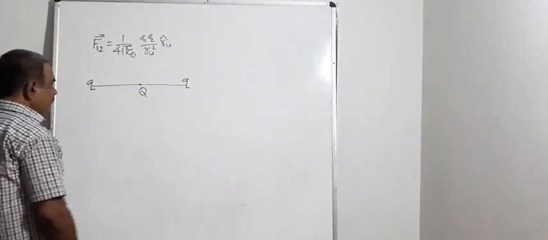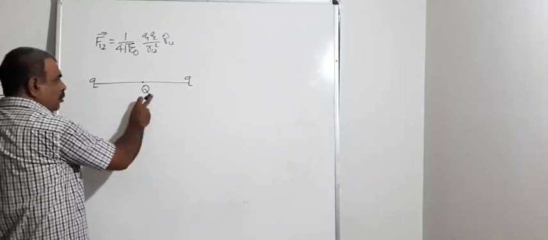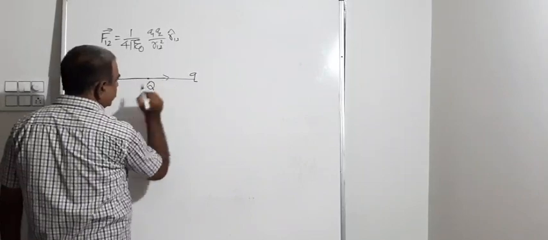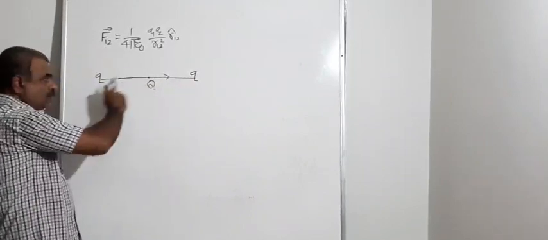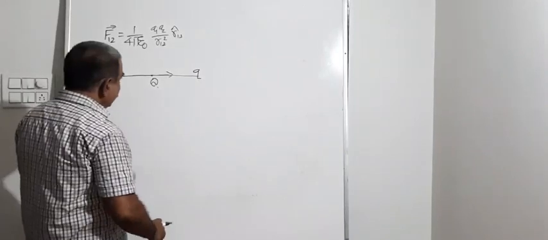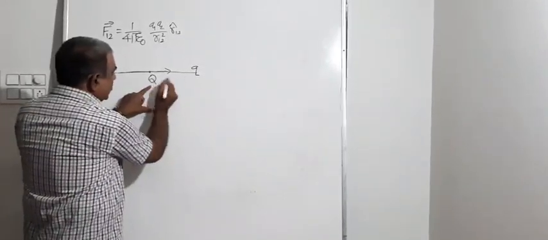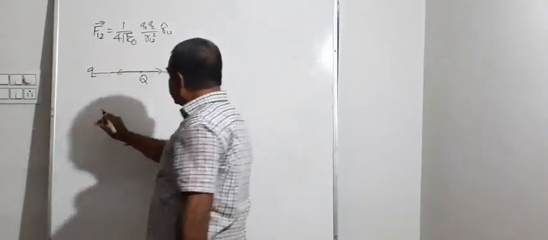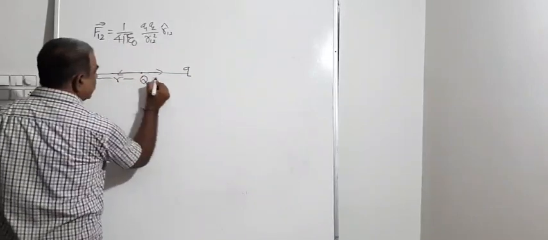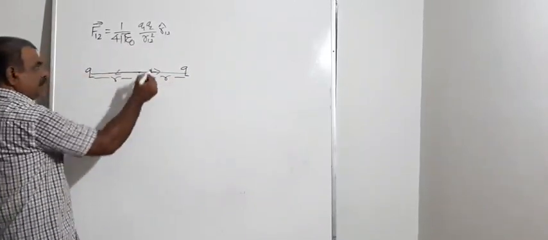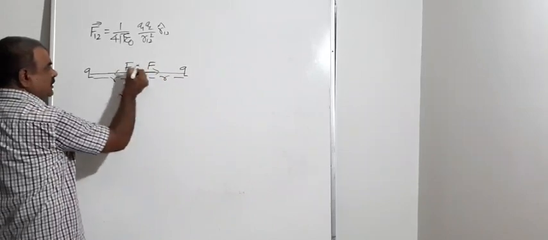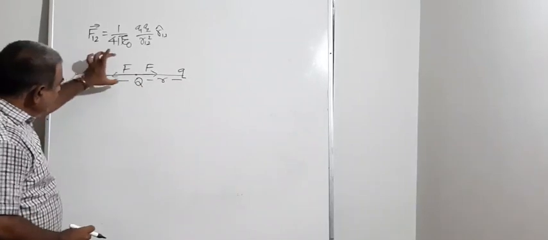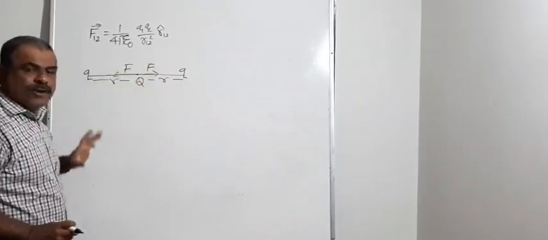So in that case, if I represent the force on charge Q by this Q, I should put an arrow in this direction. Q is repelled by Q because both are positive. Same way, when I am finding the force on charge Q by this Q, I should put an arrow in this direction because this Q is repelled by this Q. Let's say this distance is R, this distance is also R. If this force is F, naturally this force is also going to be F. Why? The product of charges is the same, the distance is the same. Looking at the figure, both forces are equal and opposite.